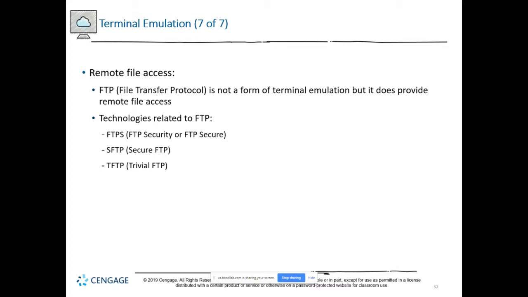Trivial FTP, TFTP, that's typically what you're using to upload firmware to like a Cisco switch or router or some networking device. That's typically where you'll see trivial FTP used, and in most cases you're on site and just doing firmware. It's nothing that needs to be secured, right? But it also doesn't have logins, and